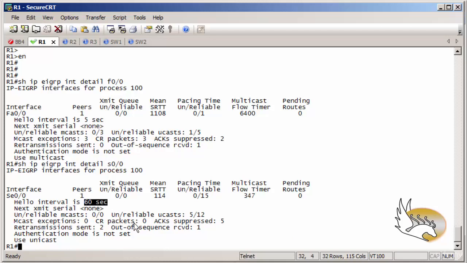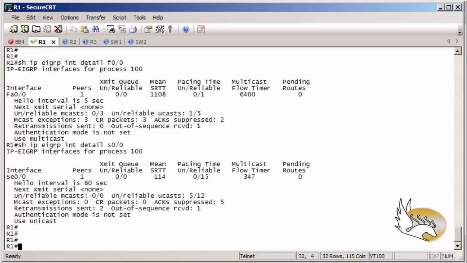default. Of course, you can change this value at any time, and if you want to have faster convergence, you can make it less. If you want to have longer convergence, or the convergence is not an issue for you, you can increase it as much as you need. So this is the assumption that frame relay connections are slow, and for this I am not congesting the bandwidth using low hello intervals. Okay, now let's go back to